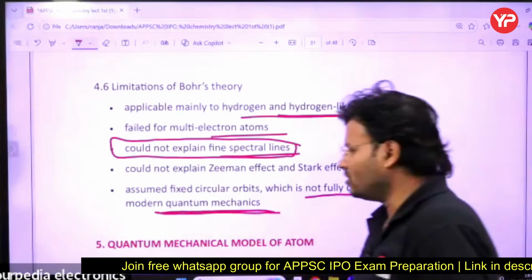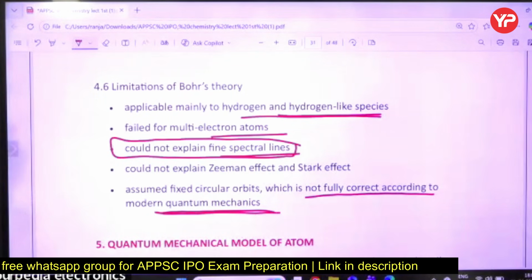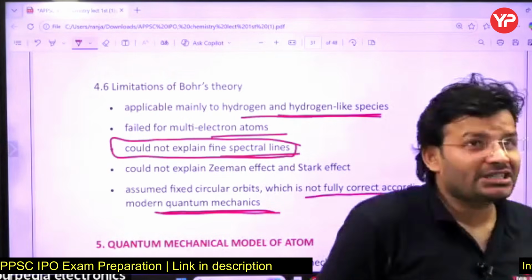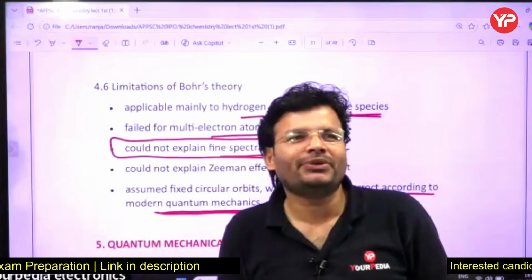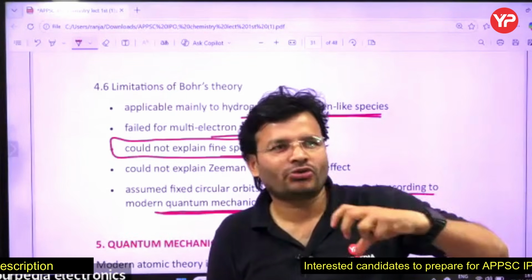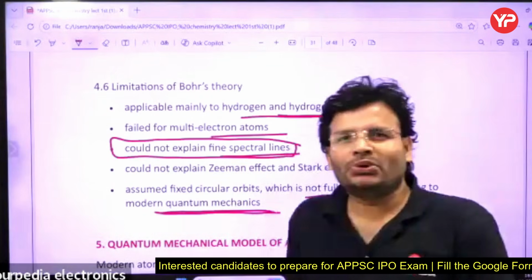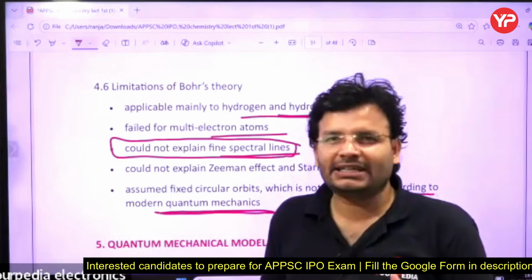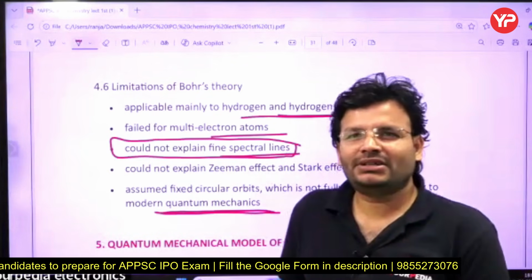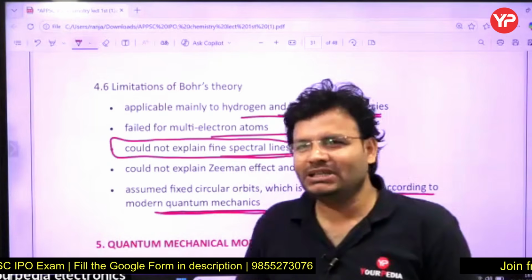Now I will discuss the quantum mechanical model of atoms. Whatever we have discussed till now, is that about wave nature or particle nature? Is the electron here like a wave or a particle? Tell me, everyone, it is like a particle, right? It is not like a wave. Whatever we have discussed till now, whether Dalton, Rutherford, Bohr, or Thomson, they all treated electrons like particles. But in the modern quantum topic, which I will discuss here,